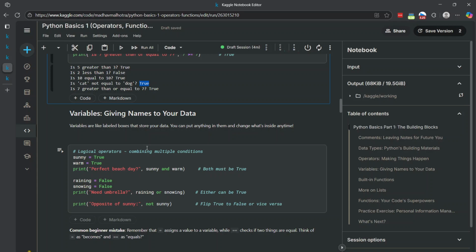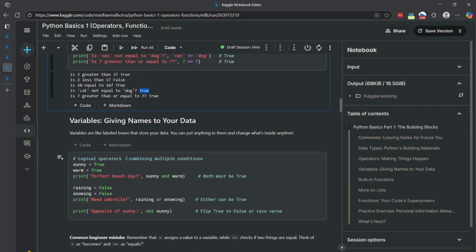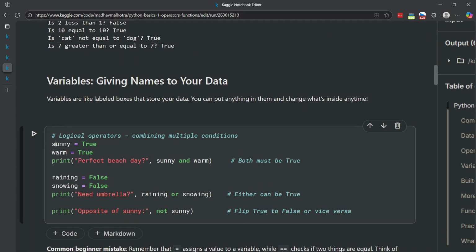All right, next we talked about how we wanted to store some pieces of data. So for instance, we could assign some names to two values. So let's say we assign some names to these true and true values. And then we can apply another operator, the AND operator, on these two Boolean values. This is a little bit like Control F. So if I wanted to figure out what sunny was, I Control F, I see sunny is equal to true. So it's like I wrote true here. I can reuse a variable throughout my code. So if I run this,